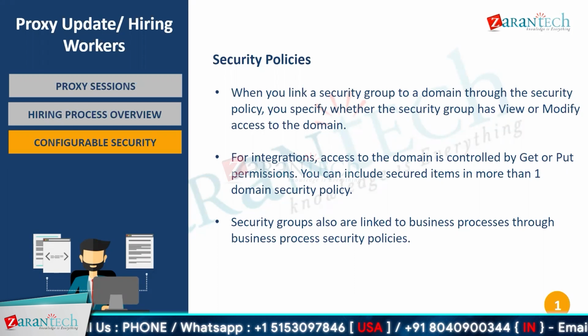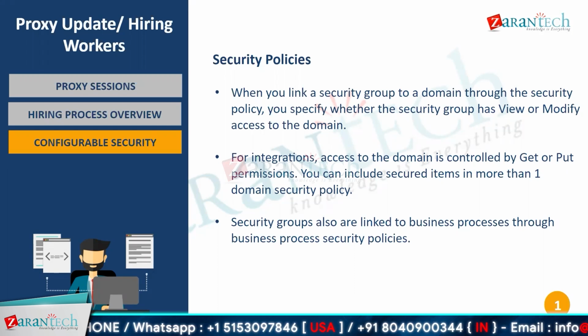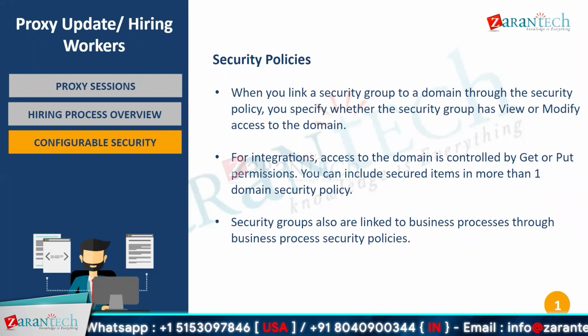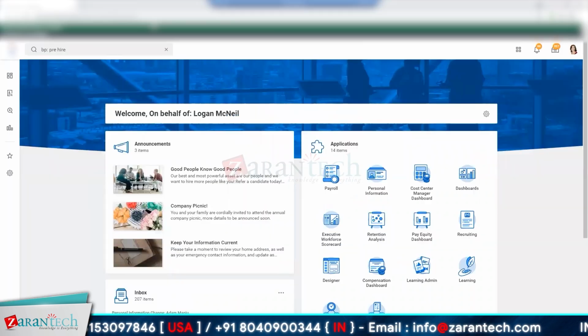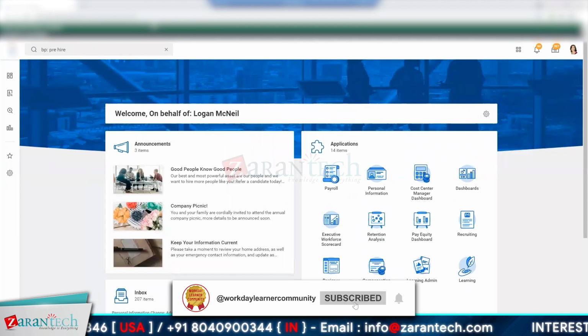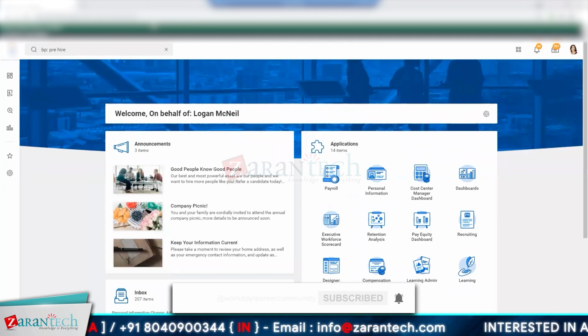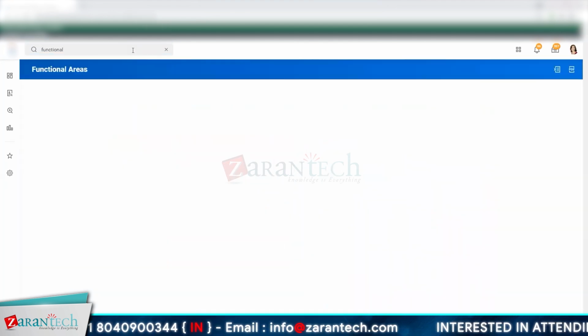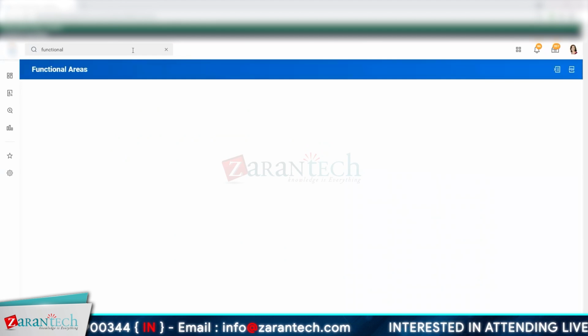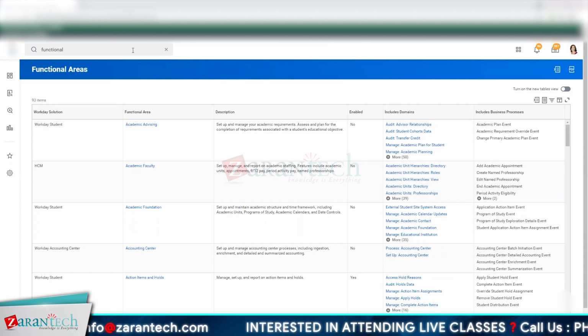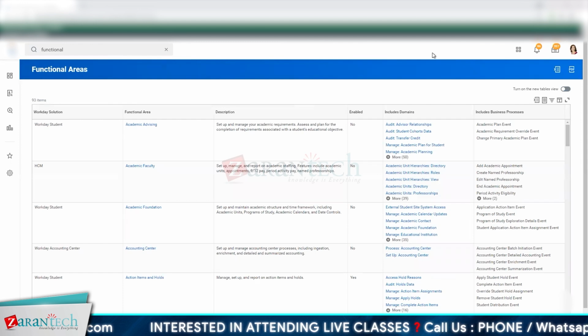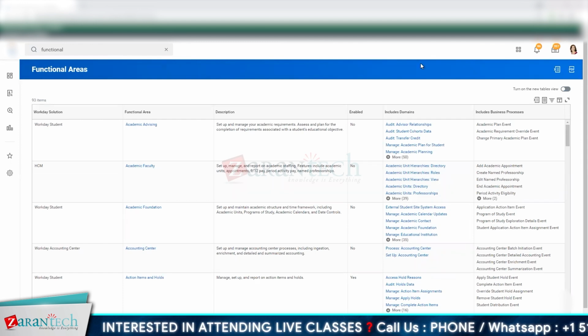You can include secured items in more than one domain security policy. Security groups are also linked to business processes through the business process security policy. So let's have a look at the security groups and domains, how they are related and how they're set up. There's a report in the tenant called Functional Areas. This gives us a high-level overview of the Workday solutions, which functionality they fall in, what domains are included, and which business processes are included in those functional areas,